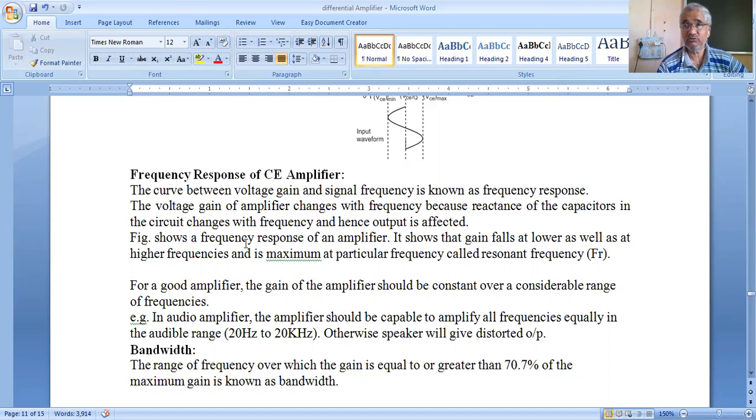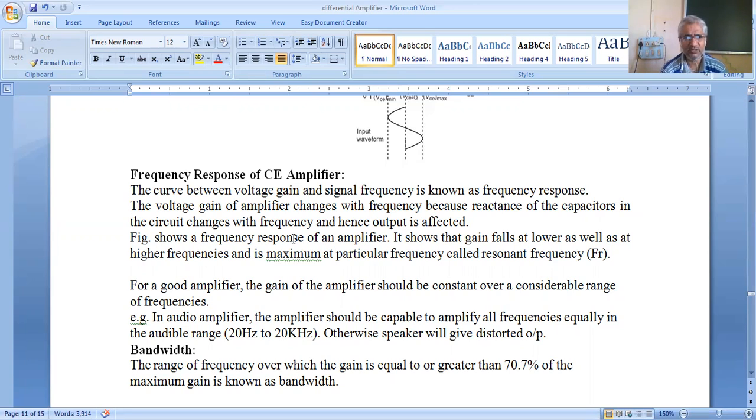capacitors changes with frequency. The reactance of the capacitor is given by Xc is equal to 1 upon 2 pi Fc. Remember this formula. Capacitive reactance of the capacitor is Xc is equal to 1 upon 2 pi Fc. Means higher the frequency, lower will be the capacitive reactance, means lower will be the opposition to the flow of current, and lower the frequency, higher will be the capacitive reactance, and therefore greater will be the opposition to the flow of current. So the capacitive reactance